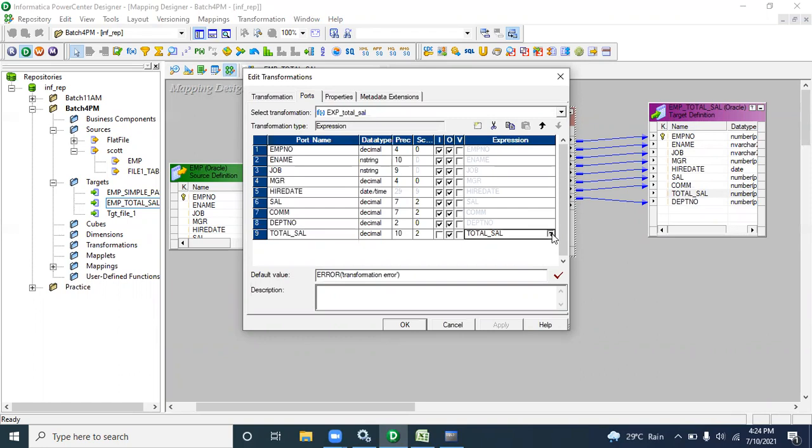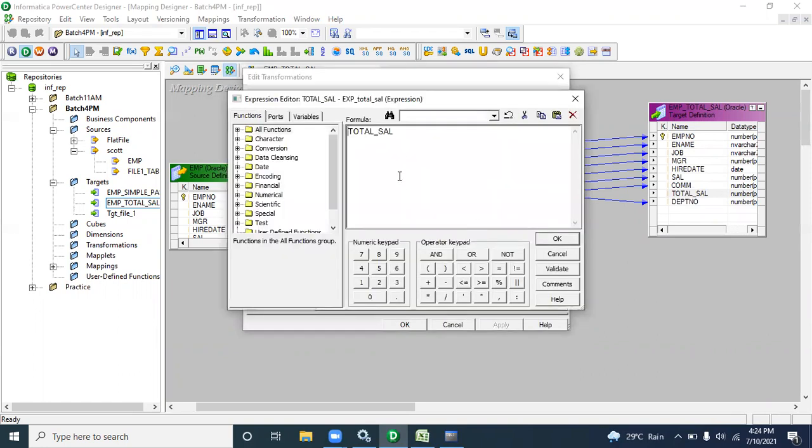So double click on the expression. Delete the total_sal, go to Ports, and Functions, Ports will be there. Here sal will be there. See, the operator keypad and numeric keypad will be there, right?